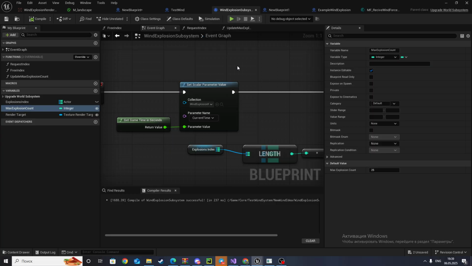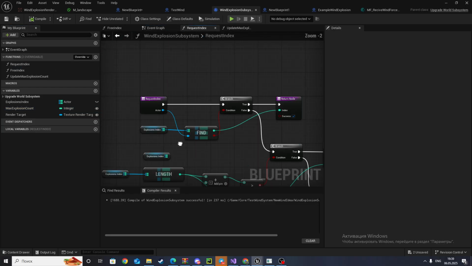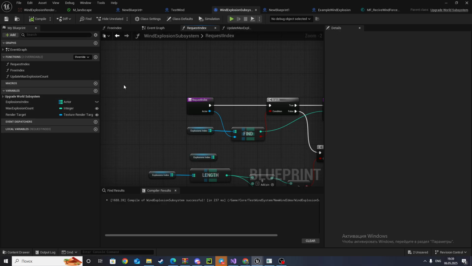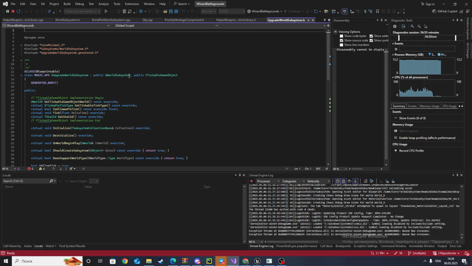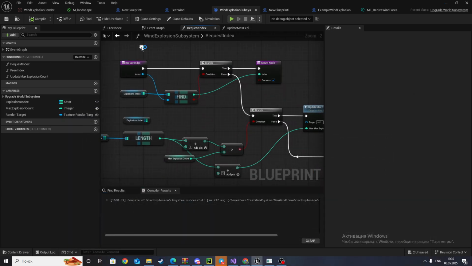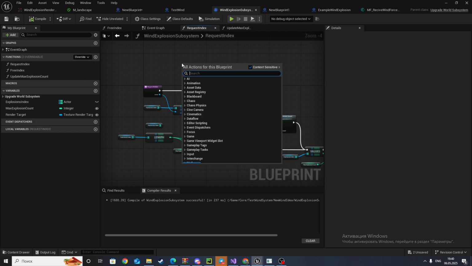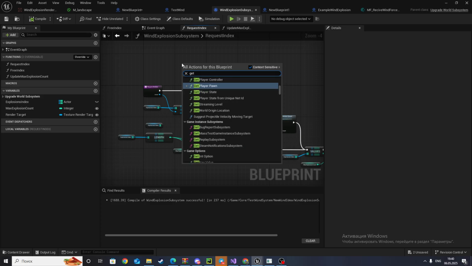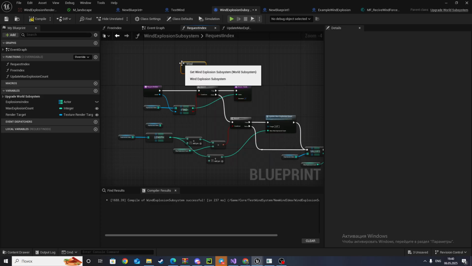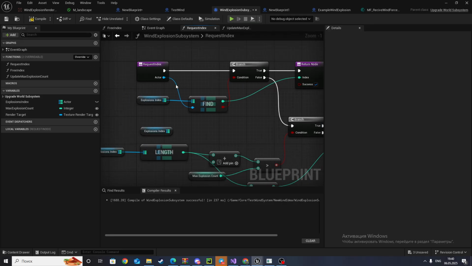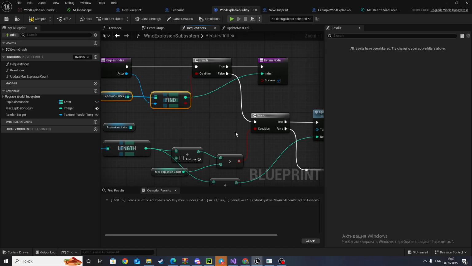The main idea of this system is that first of all we have one small subsystem that I wrote using my upgraded world subsystem. That's very simple, just a basic subsystem that we can, for example, get, the wind explosion subsystem, and get a reference to it. It has just the logic to register some explosion and get its unique index that we put into our paint pixels graph,